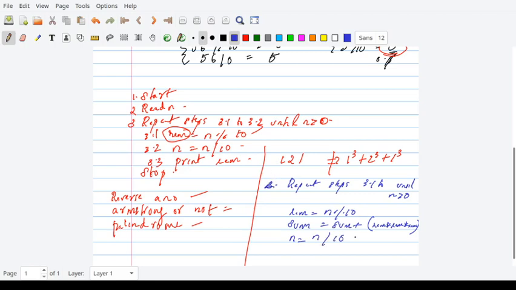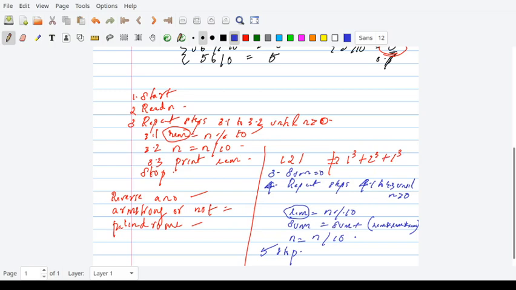Before you move on to this step, you will have to initialize your sum to 0, and then you have stop. So what is happening here? Each of the extracted digits will be in remainder. You will find the cube of each digit, remainder star remainder star remainder, and add it to the sum. So sum is equal to sum plus remainder star remainder star remainder will give you the sum of cubes of each of the digits of a number.